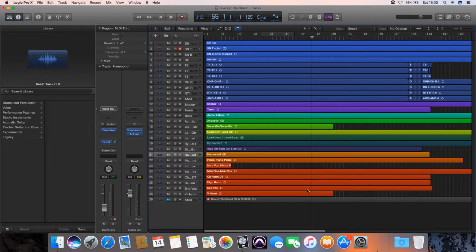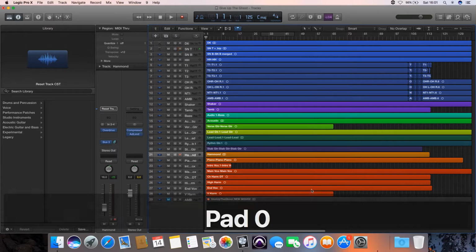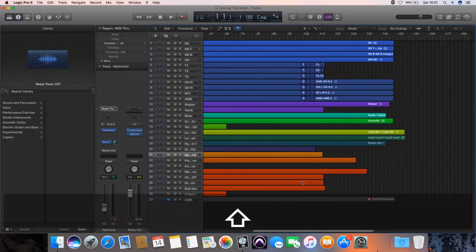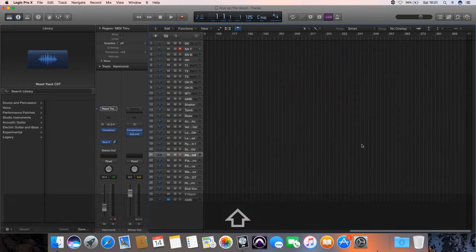So in this tutorial we're going to look at exporting audio files within Logic Pro for sending off to a mixer, for example, to be remixed, possibly within another program. So in order to make this as easy as possible for the end user or mixer of this project, what we want to do is bounce all the files from absolute zero so that everything starts in the same place. Now in order to do that, all we have to do is start at the beginning of the project, and we can just select the end of the project as well,